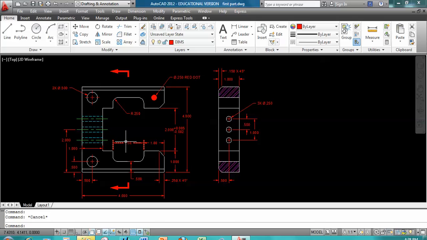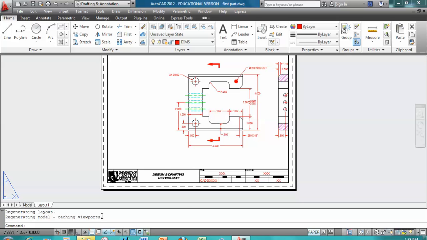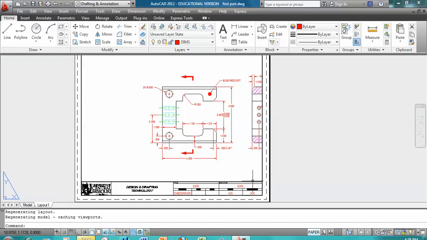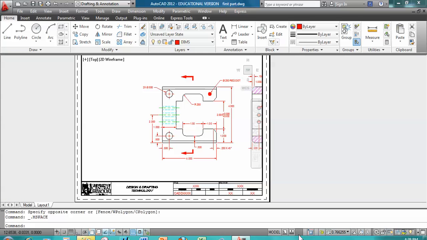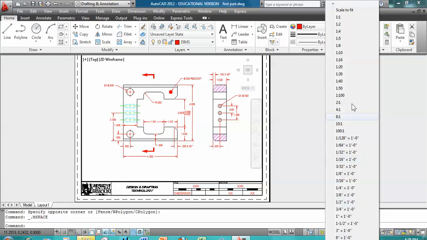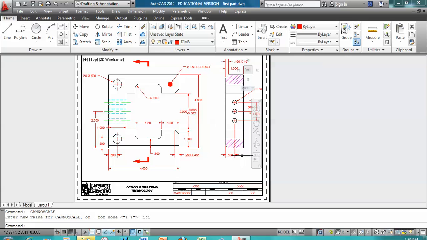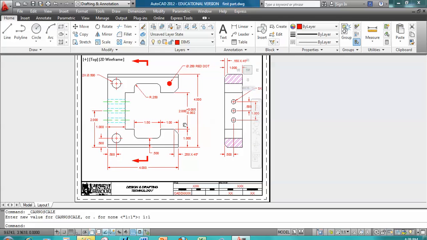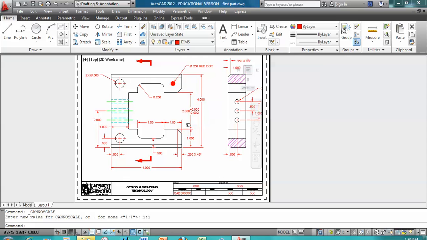And now that we are finished with the drawing, we are going to switch to layout 1. And then notice if I just click here, nothing happens. So I have to click on the paper tab to switch to model space, and then select, maybe center it first, then select the scale 1 to 1. So if you see your dimensions are not